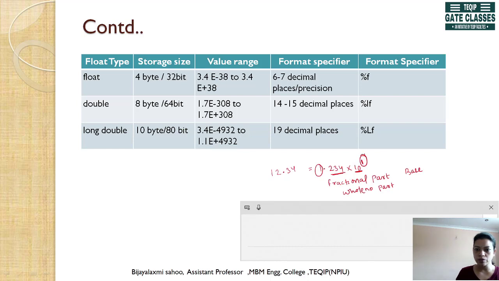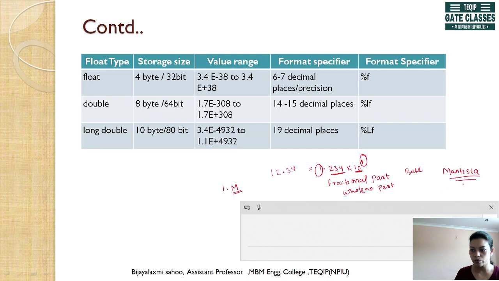That means whenever we are moving the decimal point towards the left or right, accordingly the power will be increased or decreased, right? So this is your exponent. You can write this as something 1.m. This is the mantissa, that means the fraction. This fractional part is called the mantissa.